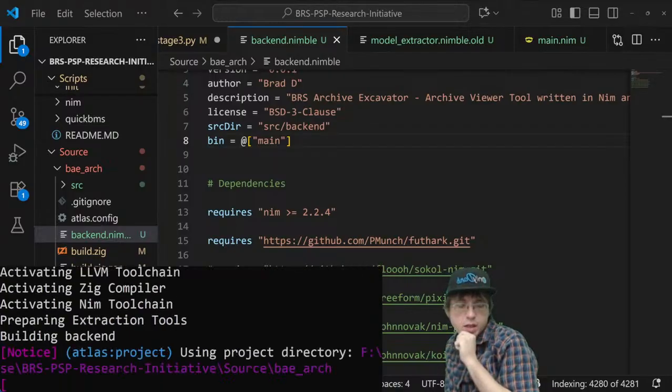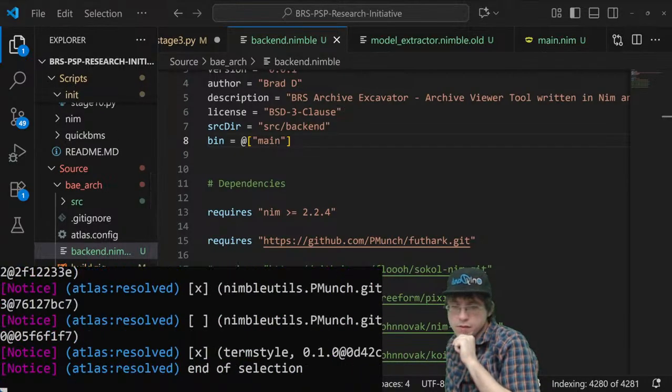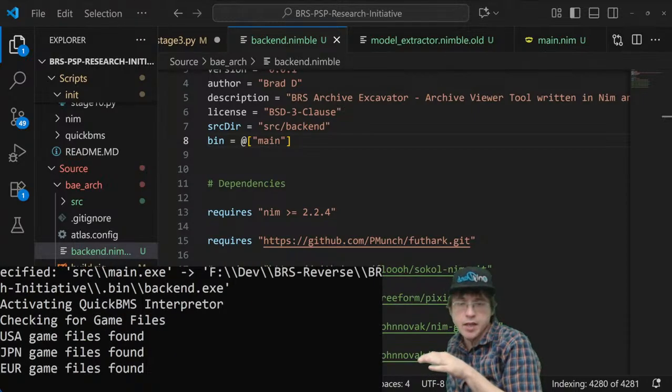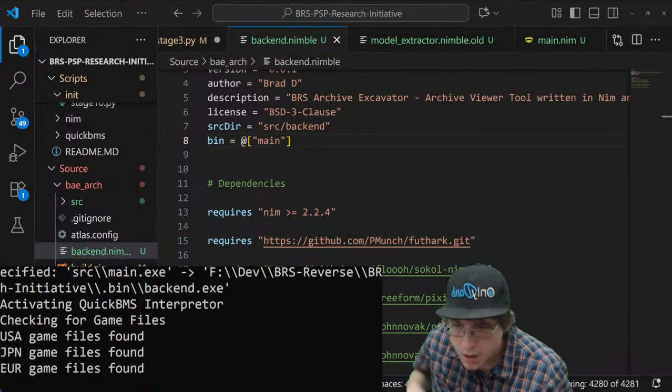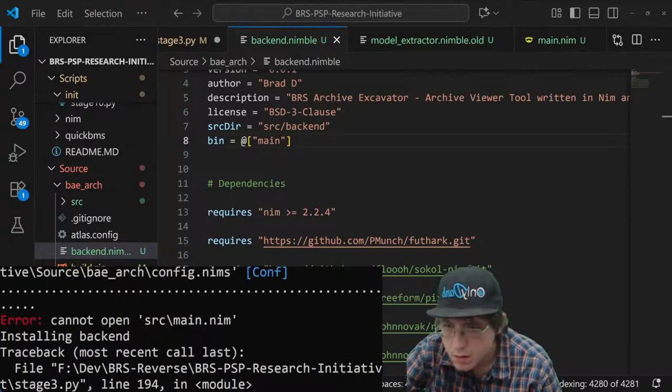Yeah, backend. Then we're going to load the front end in a different language. I may still use Zig, I'm not sure. Cannot open source main.